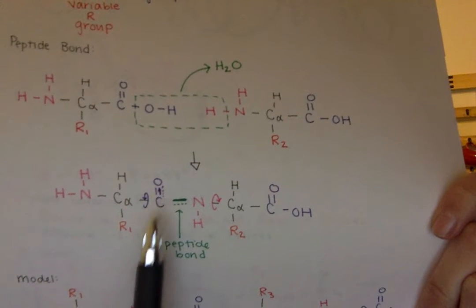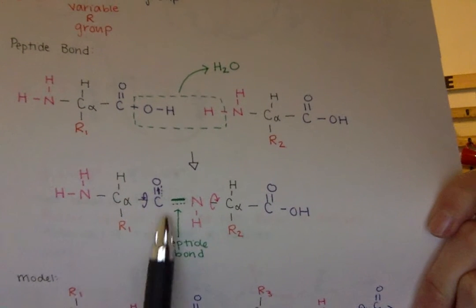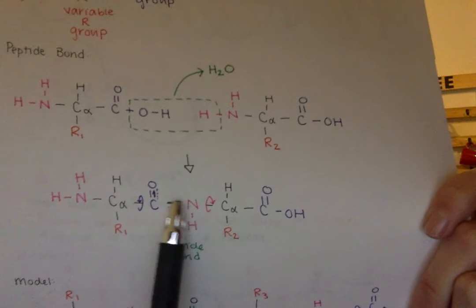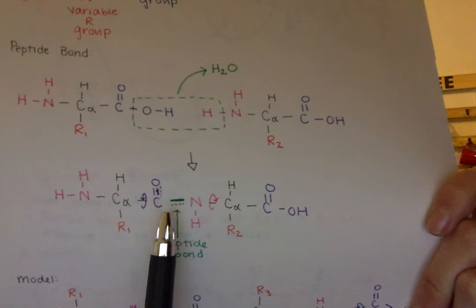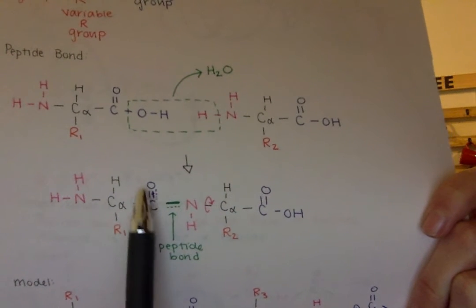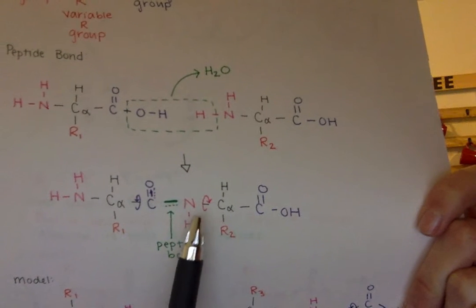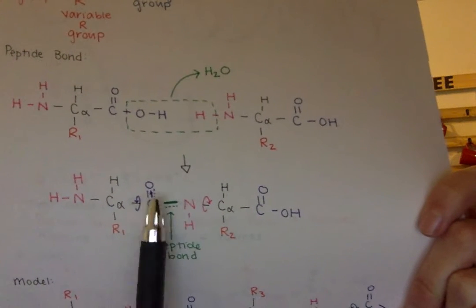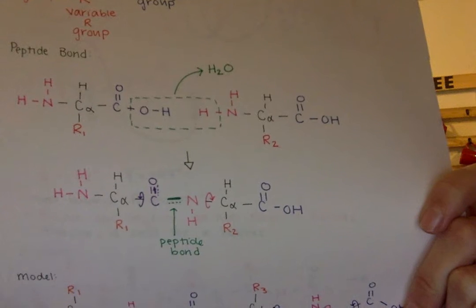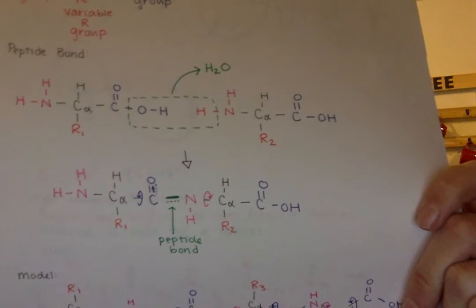Sorry for that little scribble there in the middle. But basically, because this is a partial double bond, peptide bonds are planar and restricted rotationally. And that's where the psi and phi angles come into play, because that's going to be how proteins move about